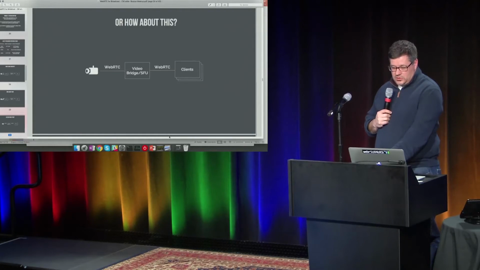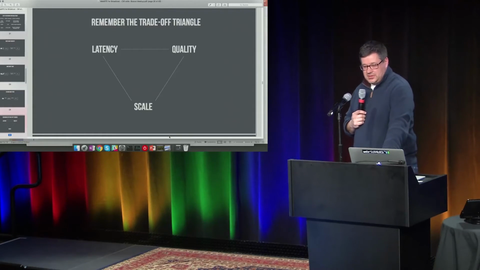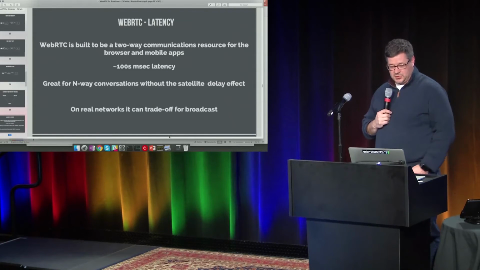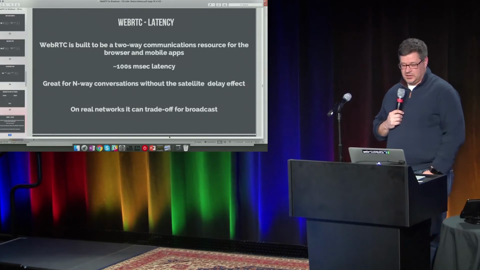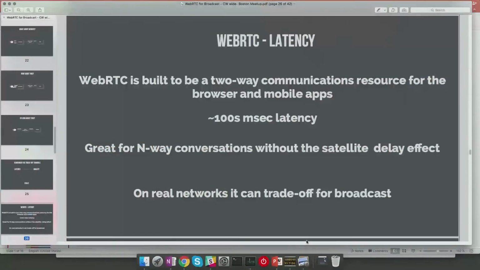Could we use this for a massive broadcast? We have to go back to the trade-off triangle to make that determination. So let's take a look. Latency. WebRTC, as you probably know already, was built for two-way communications, or really N-way if we talk about the SFU, as a resource for the browser and mobile apps.